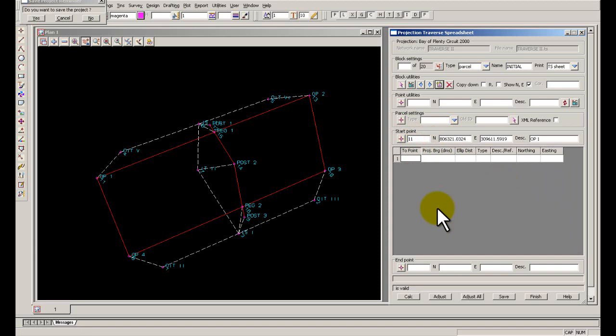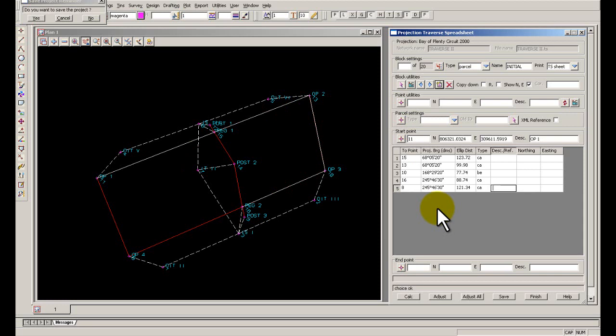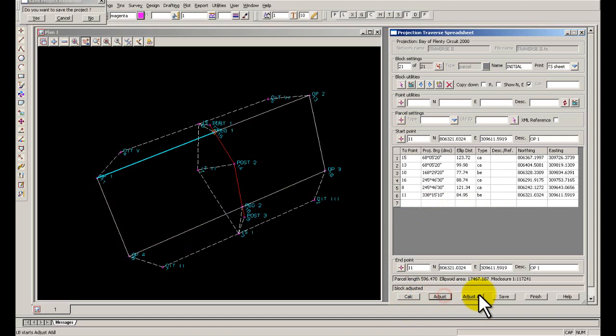I'll put peg 1 in because it's now on the boundary, and it helps to record those distances. 13, of course, there, so it's all working out fine in terms of the 10 there, 77.74, and then we're going to come down to peg 2, which is 16, like so, and through to 8, I believe it is, and back to 11, and we'll calc that, adjust all, and save, and that's going to give us an area of 1.7467,